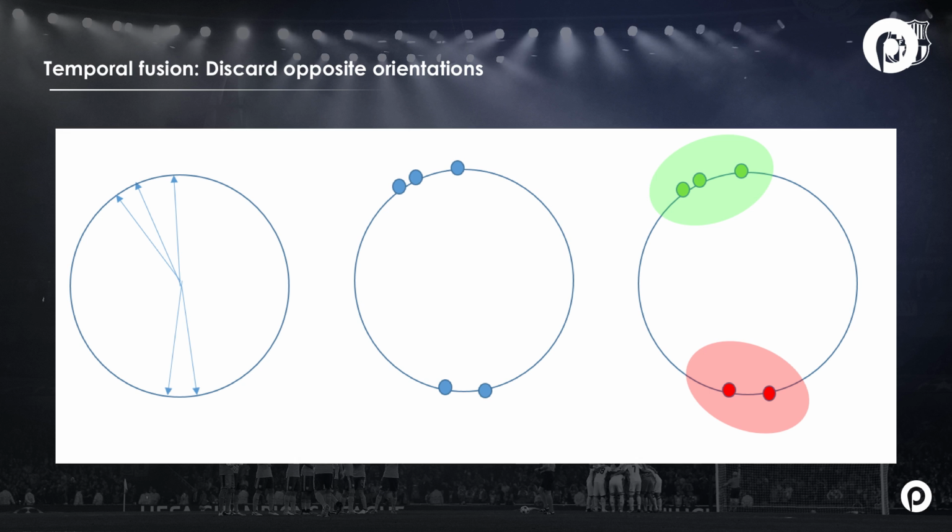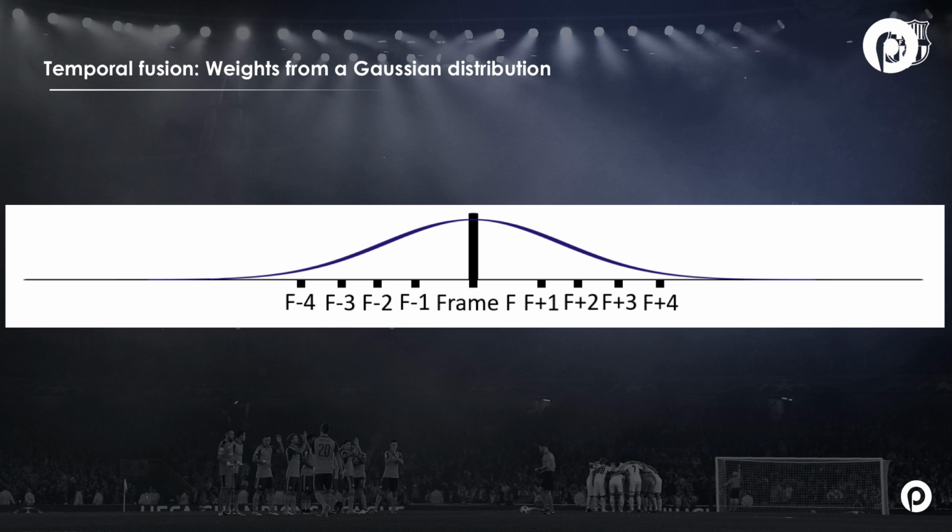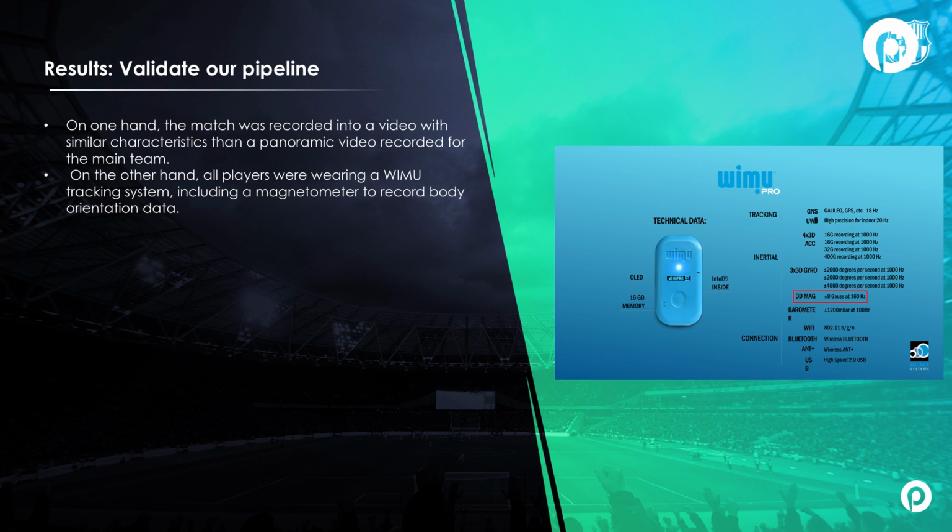a circle, and we make 2 groups. We discard the group that has fewer orientations. And also, we used a normal distribution in order to give a weight to each frame. We're considering this frame, and as it goes further, the weight is less. So now, this is how we compute the orientation, and we want to check how good was it, or